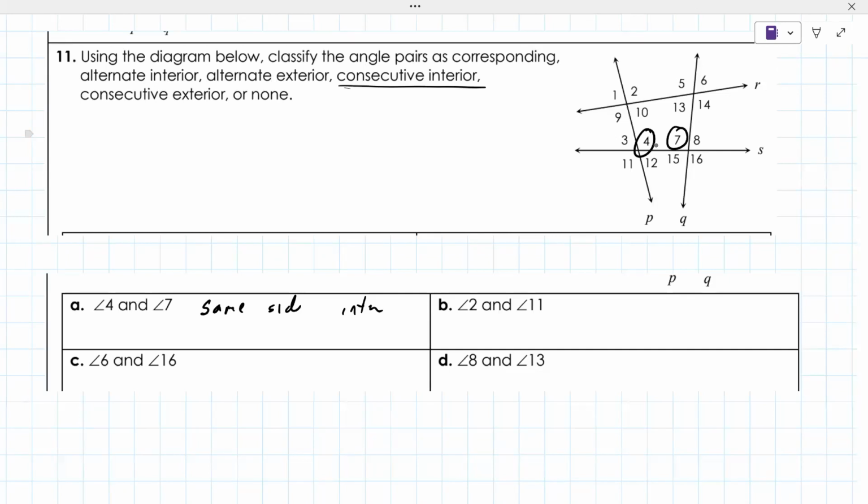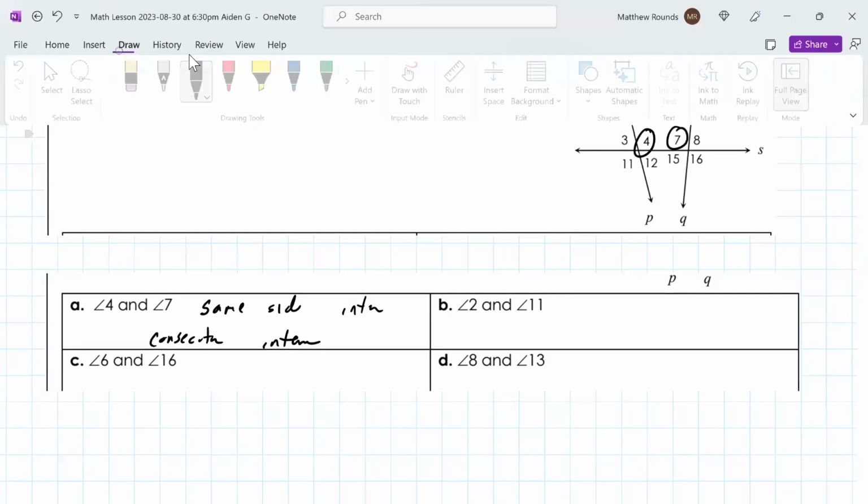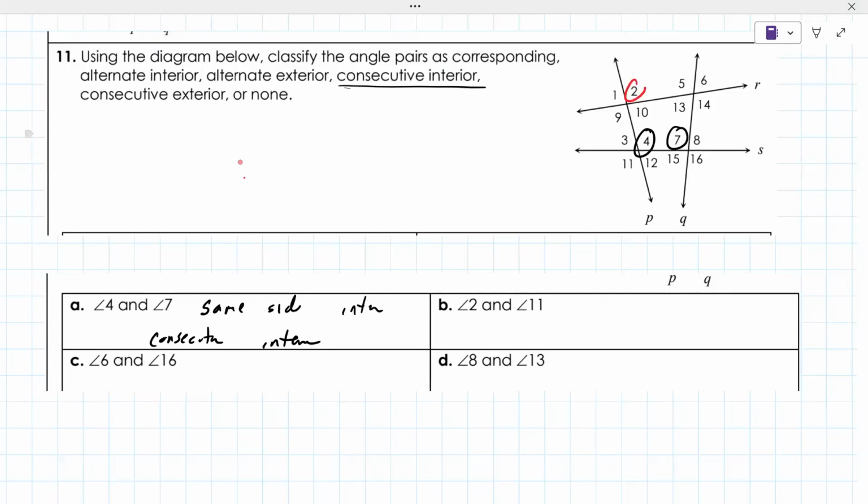Yeah, I guess that is consecutive interior. So they're using consecutive interior for that. Yep. All right, so for 2 and 11, you'll see me switching colors here. For 2 and 11,